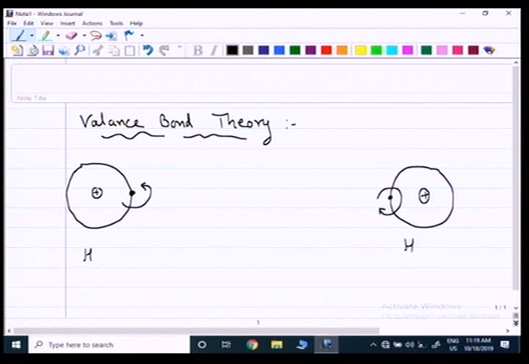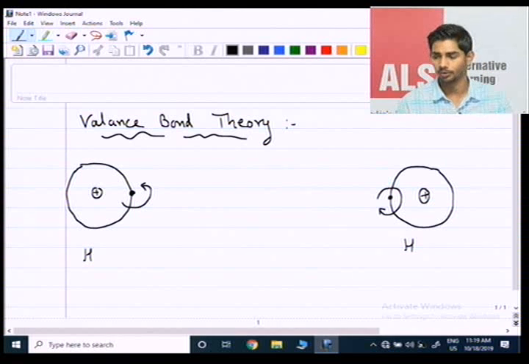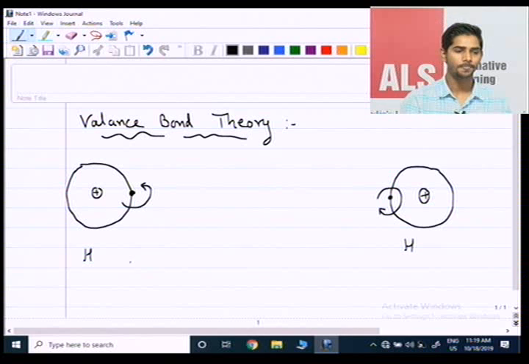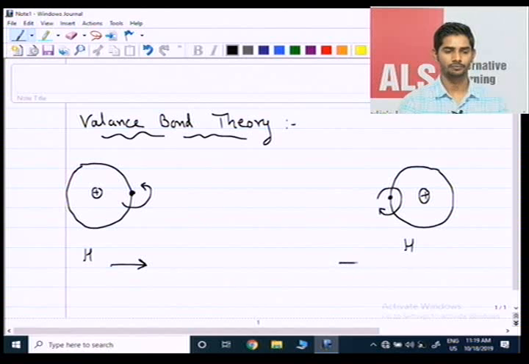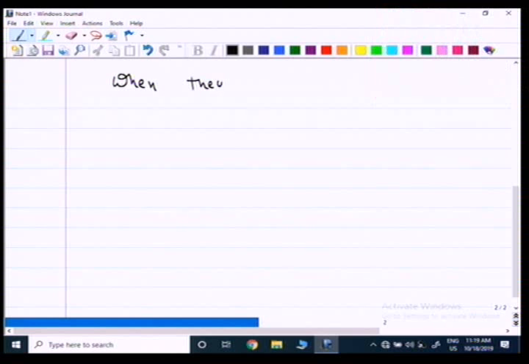So when they are at infinite distance, we know that there can never be any force of attraction or repulsion between the two atoms. But whenever they come close to each other, new forces will start acting on them. Right now they are at infinite distance. They will start approaching each other. Now, when they come close to each other,